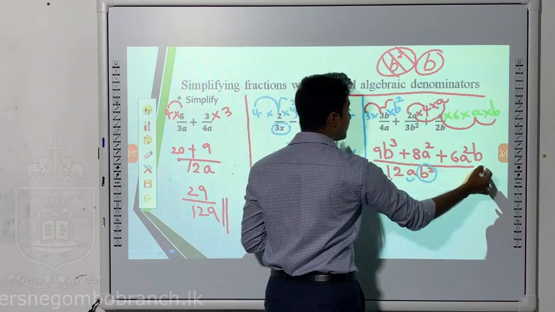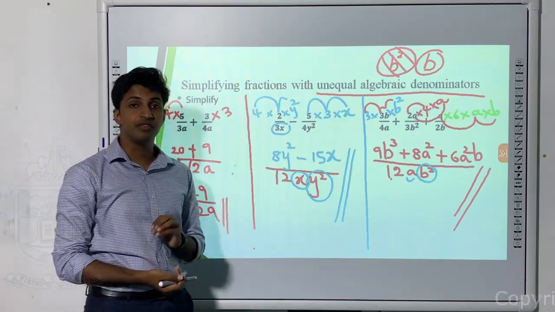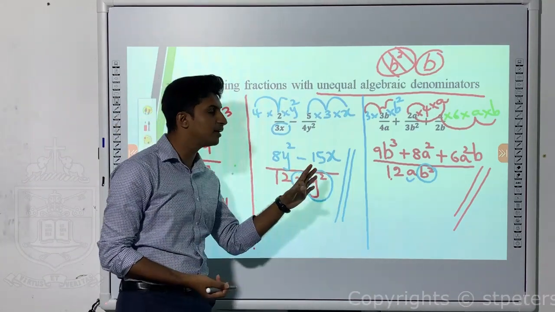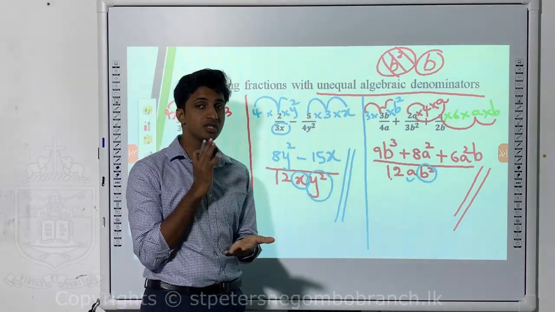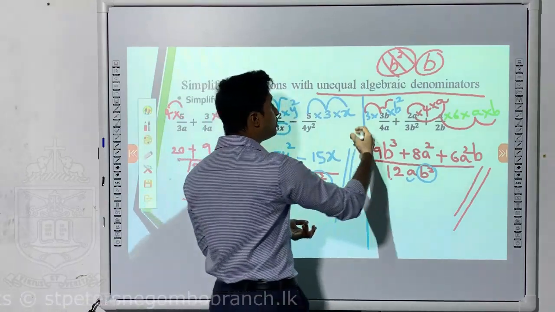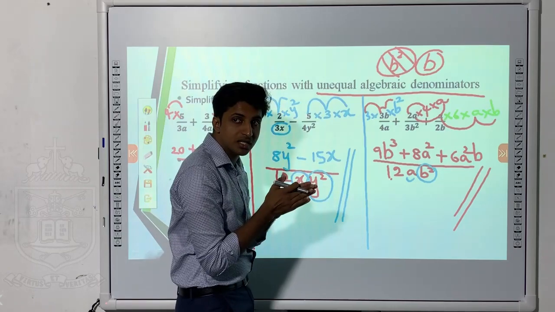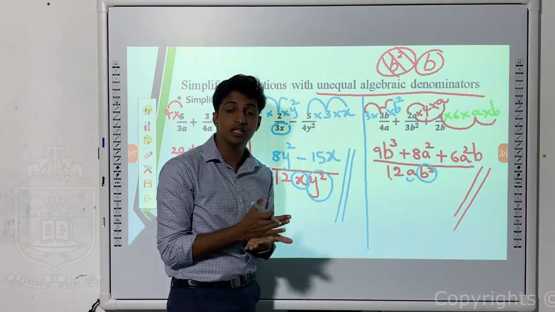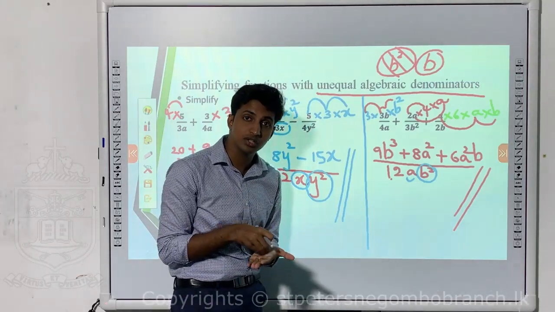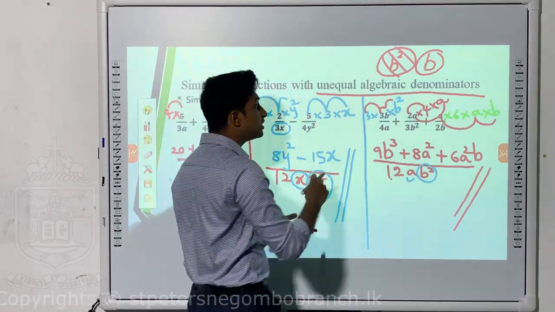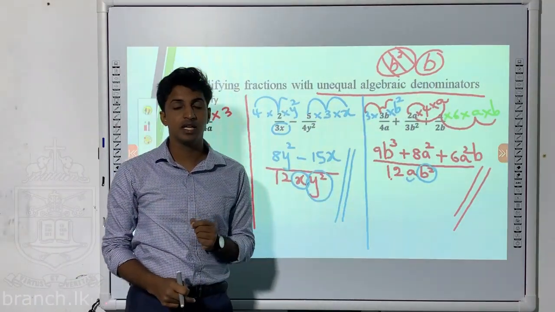You cannot simplify further. Nothing can be taken out or divided. Right? So be very careful on that. If you can't divide any further, you should not divide. Keep the answer as it is. The most important part is, when you look at these terms, the changes you have to do to the denominators should be properly done in the numerators as well. That is the most important part you need for this sort of question. Check whether you have done the changes for the numerators properly. Right? That is very important.